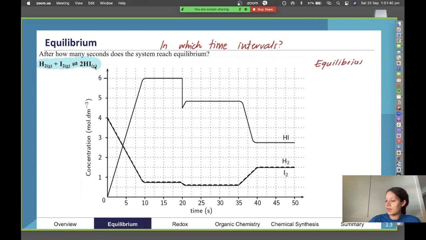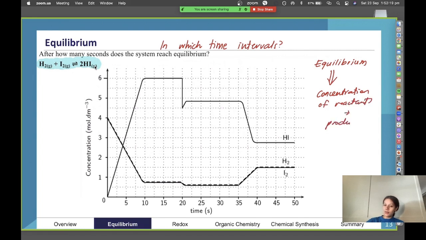Okay. So if we're having a think about this system, equilibrium, what does it look like in terms of concentration? The answer there is equilibrium is achieved when the concentration of all of our reactants and products remains constant. A common misconception is that the concentration needs to be equal. Definitely not the case. Rate of reaction needs to be equal, as we saw in the last graph, but for concentration, it just needs to stay at what it is. So we'll say here, concentration of reactants and products constant.